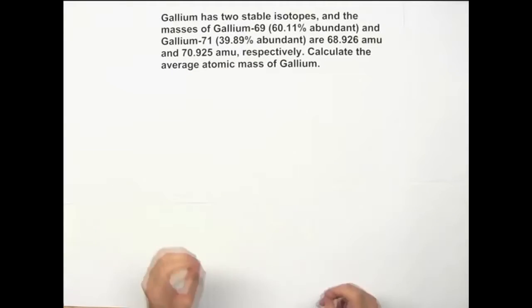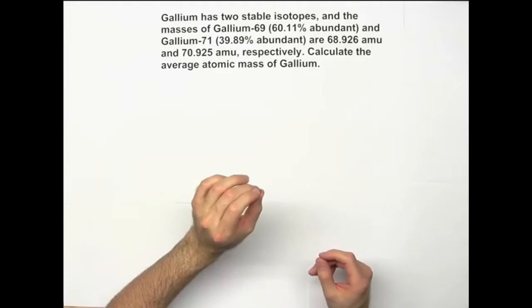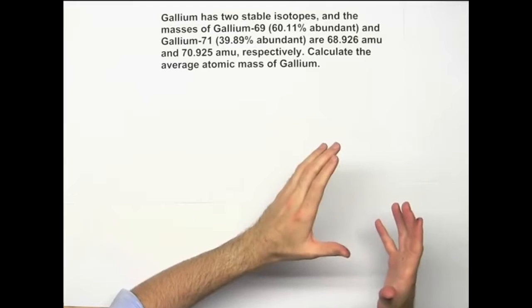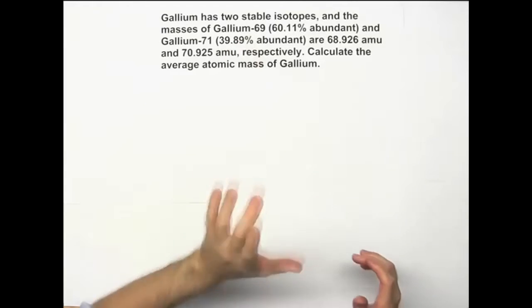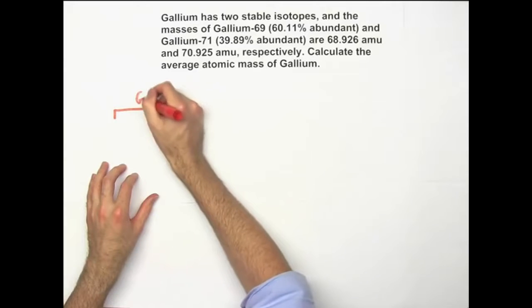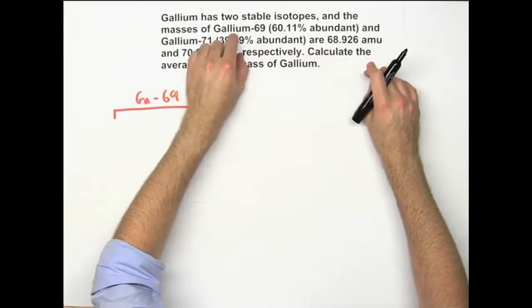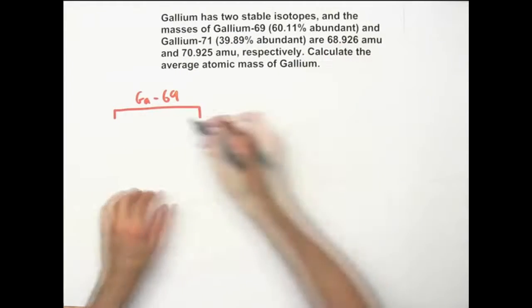So to do this, we're going to want to take the mass of the first isotope, multiply it by its percentage expressed as a decimal, and then we'll take the mass of the second isotope, multiply it by its percent abundance expressed as a decimal, and we'll add the two of them together. So we will start with gallium-69. So what's its mass? It's the first one here, so respectively, we're going to use the first mass. It is